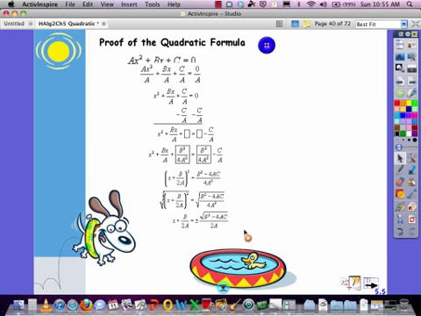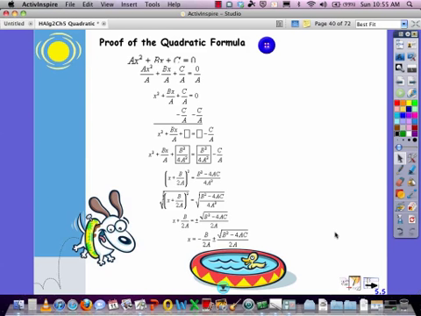So what is that one number that multiplies by itself to give us 4a squared? And that was 2a. So we simplified the denominator, is all. From here, if we want to finish solving to get x by itself, we would move that b over 2a to the other side by subtracting. That would now give us negative b over 2a plus and minus the square root of b squared minus 4ac